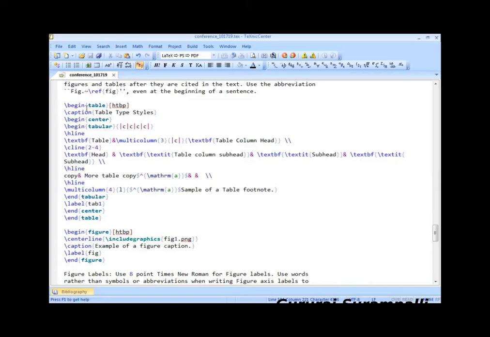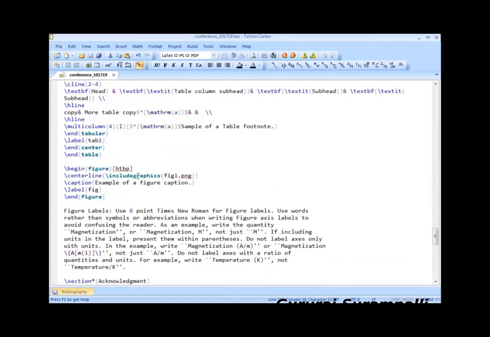So here you can see table. How to write a table? You can see begin table. You can give the caption, whatever you want for that table, and alignment, whether you want it center, left, right, whatever you want. You can mention it here. And for tabular, this means columns: C, C, C, C. It means it has 4 columns. Like this, hline means horizontal line. Next row will come again, separated by ampersand. So the data will be stored in the table, whatever you mentioned here. End the table with the end table command.